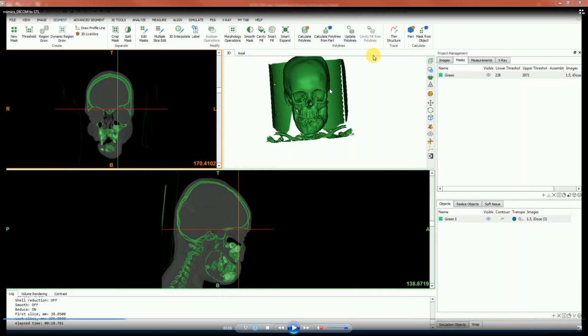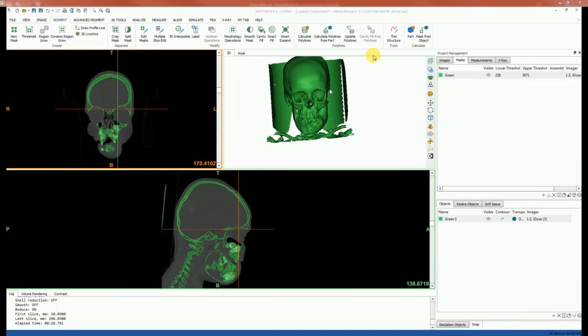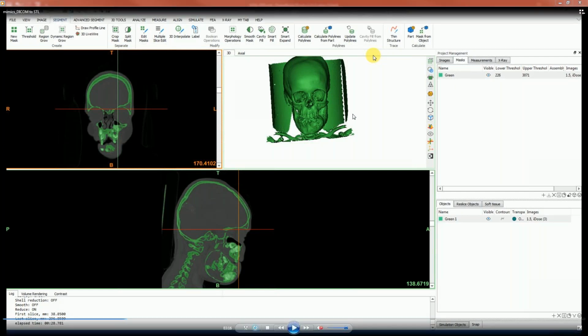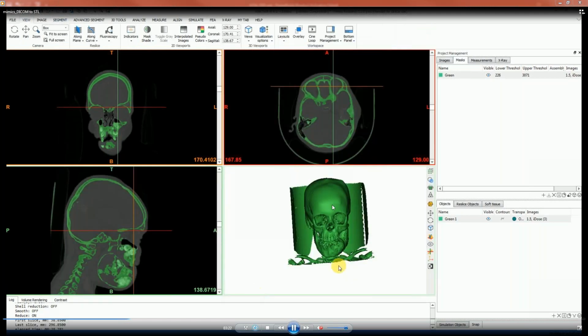But we have given a range of 226 to 3000. That range is assigned only to the bone. So wherever the bone is there in the skull, it will be highlighted and then a solid part will be created.